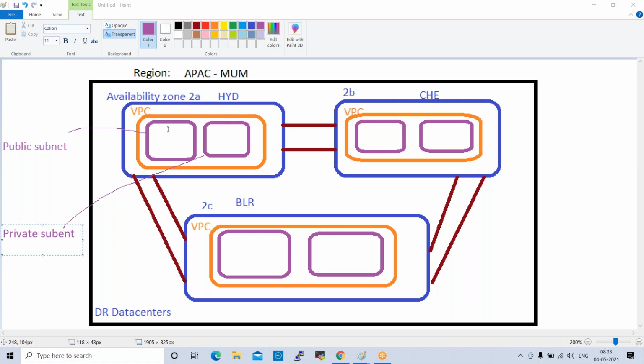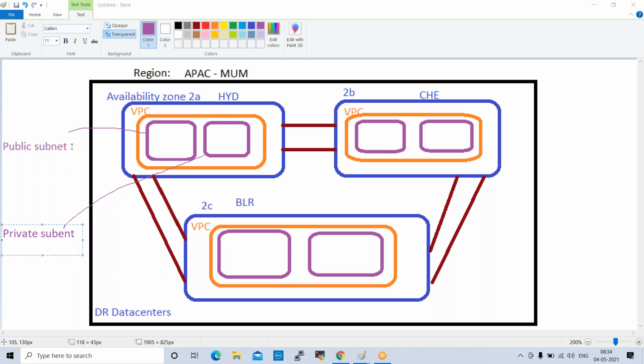If you configure those servers in the same range, we will not have proper security. That is why, using subnetting, we logically divide them. 250 servers go into one subnet, one IP range, and 250 testing servers go into a different range. Like that, we logically divide. Here we have two types of subnets: public subnet and private subnet.